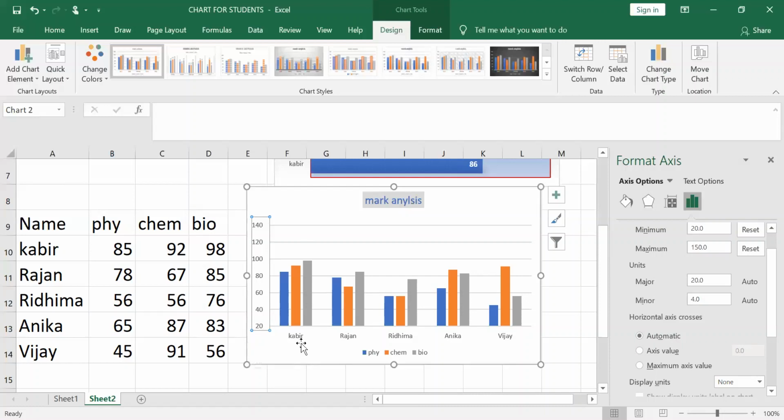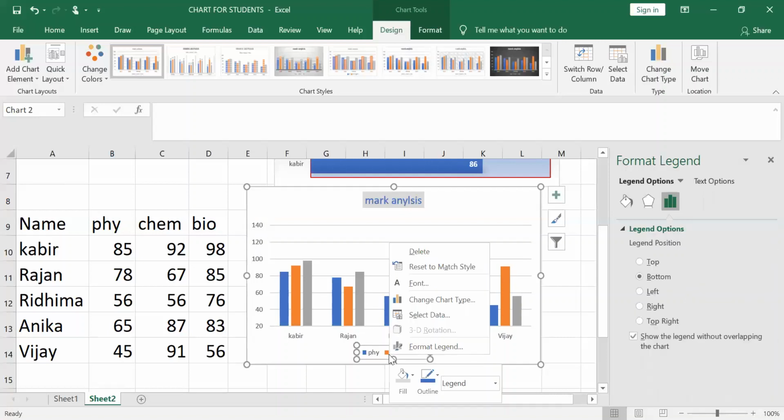The x-axis can also be arranged like this, but the x-axis does not require it. Next, if you want to format the legend, the legend is here. The legend represents the individual data, with a different color for each. You can format the text, background, and color of the legend. Right click on the legend and you can see the Format Legend option.